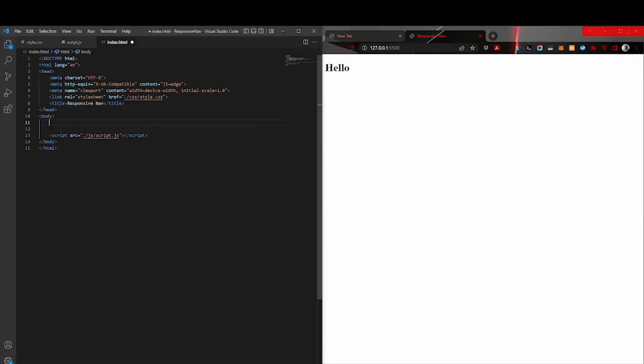Right, to start with in this one, it's always best to comment things, so we put in there a caret and then an exclamation point and two dashes, followed by two dashes and a caret again. And then we can write in there navbar start. Do the same again. This can be done with control and forward slash. Now I'll bring the same thing up. It's always best to make sure you get into the habit of commenting, because if you comment information, it makes it easier if anyone else needs to access any of your work, so they just know where